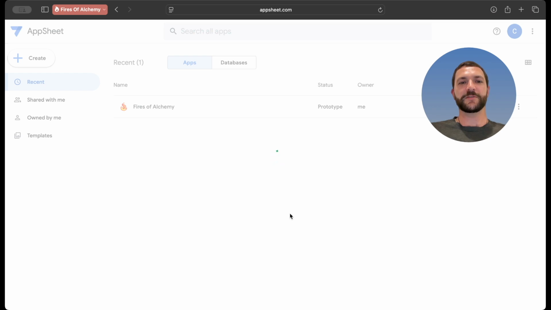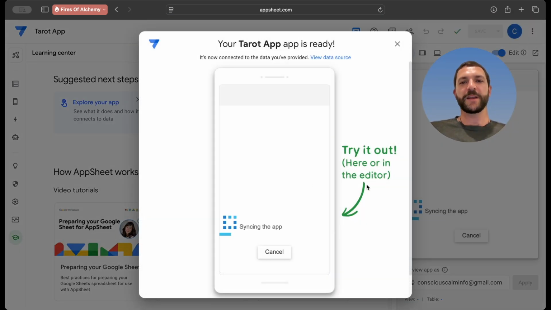And I'm just going to let you know that it takes a little bit longer to load the first time you open it. That's just because it's actually building the app for you for the first time. So it does take a little longer. Here we go. And voila, your app is actually ready. It's in a very basic state at the moment, but you can see on the preview underneath me here, I'll just jump out of the way,